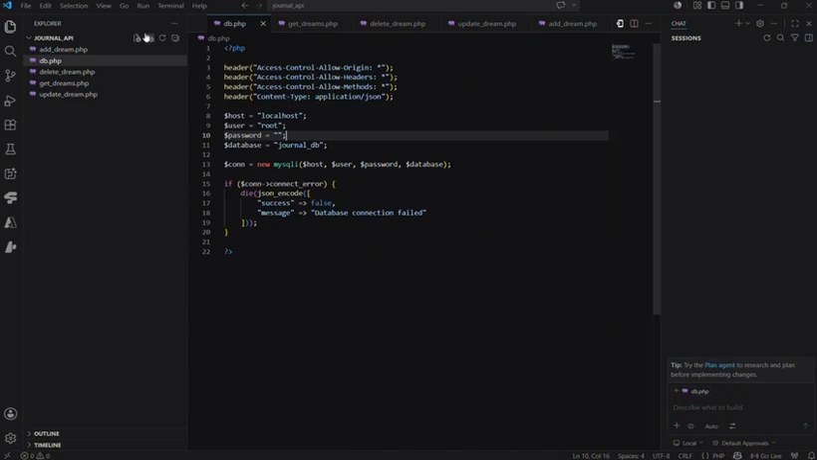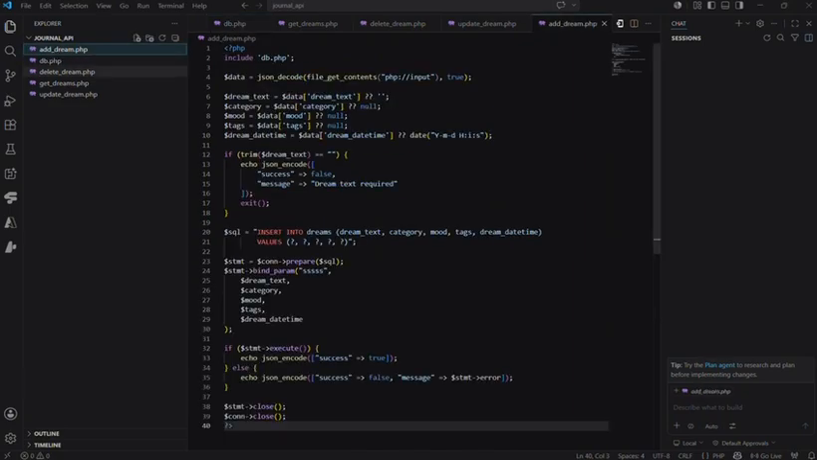add_dream.php. This PHP script receives dream data from the Flutter application and inserts a new dream entry into the dream database table. It validates the dream text and returns a JSON response indicating whether the operation was successful. Next is the